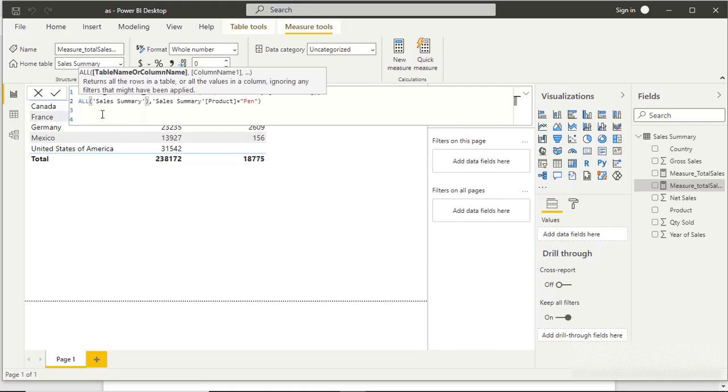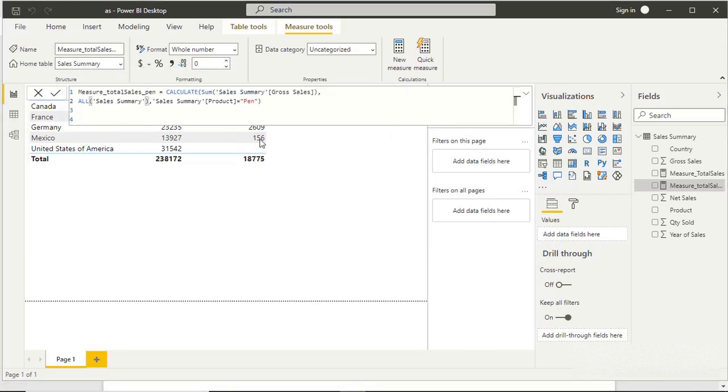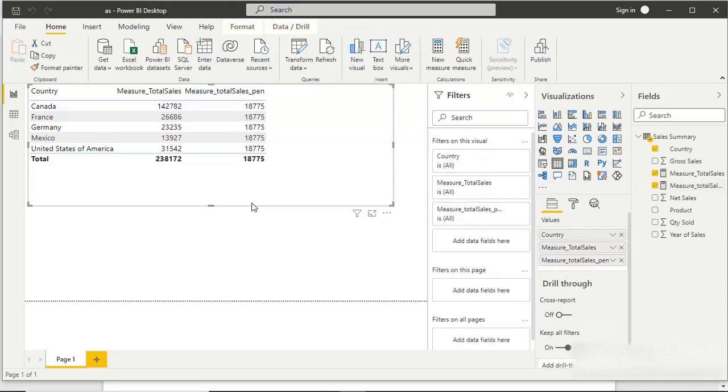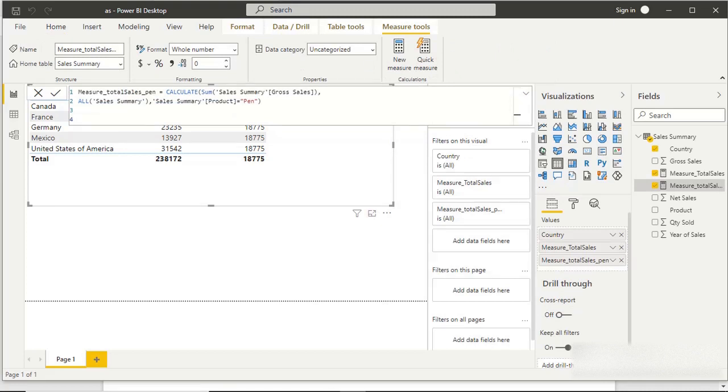Now if I execute this one, you can observe the data changes, because there is no filter context on this table. So the data is not working in the filter context, that's why it is fetching the whole total of the pen product.